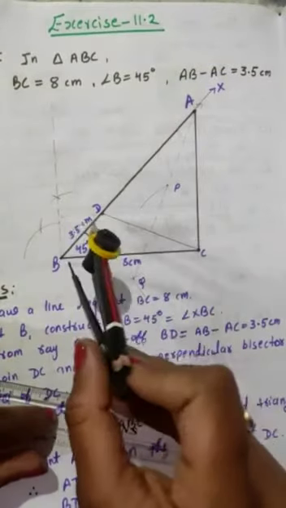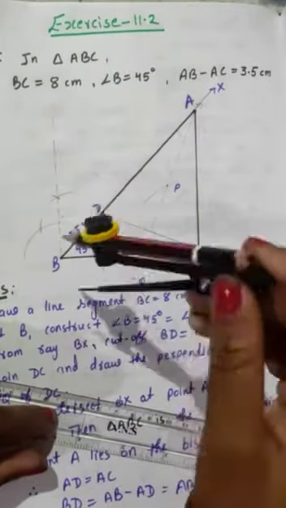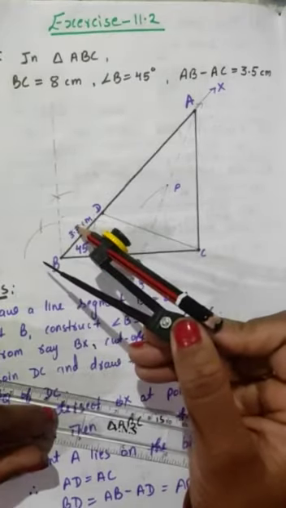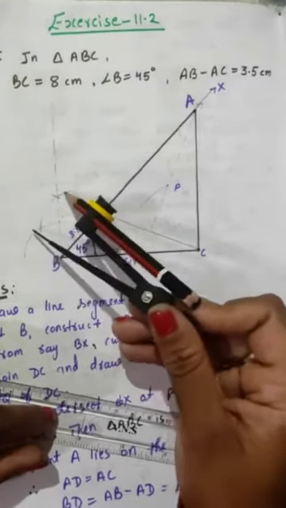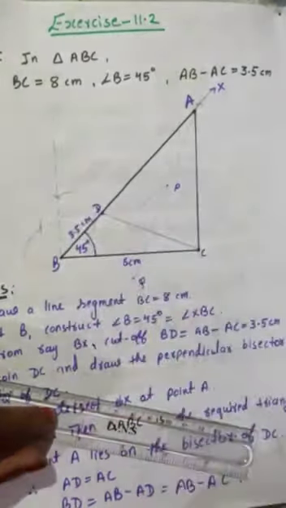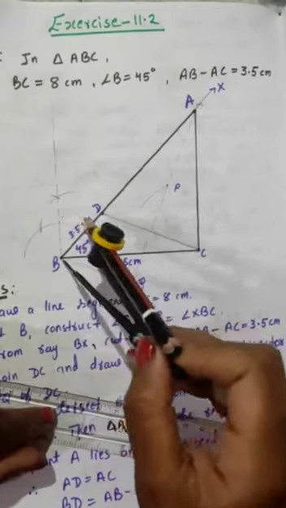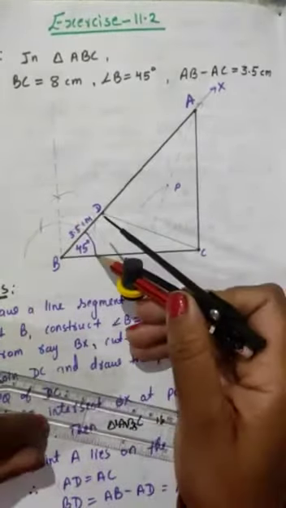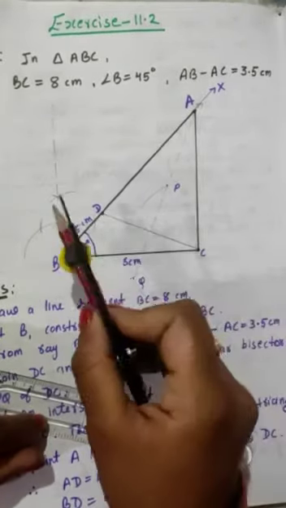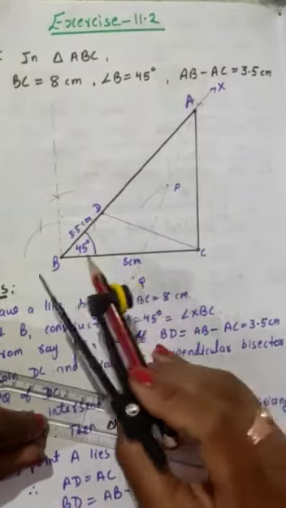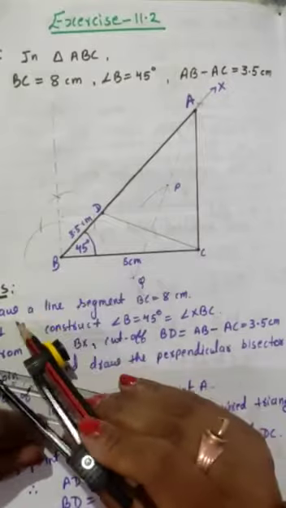You draw an arc from here without changing the radius. The first arc will be 60, the second will be 120. Then from 60 and 120 you will construct the arcs, and it will be your 90 degree. For bisecting it, you consider the same arc: one arc from this point and one from this side. So this is 45 degree. I'm not showing the construction because you all know how to construct the 45 degree.